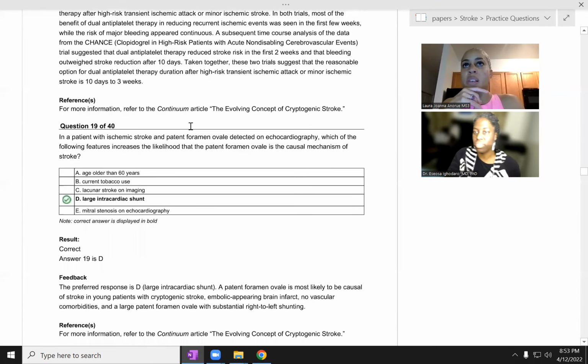PFOs are interesting because I didn't realize the number of people living with PFOs is actually a lot higher than we think. I think it's even up to 20-30% of the population. And I remember tuning in to this hot controversy regarding PFO closures and when we should do them. How beneficial are they really? And is the clot really from the PFO, or did we not do our...